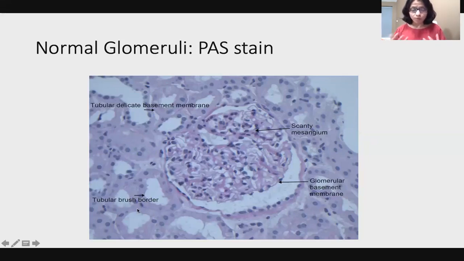In a normal tubule, which is not atrophic, it's very thin and very delicate. When it becomes atrophic, it becomes thick and coarse and can be fragmented. The other thing that PAS stain can show you is the tubular epithelial brush border. It's intact when the tubules are well functioning and will disappear when there is acute tubular injury.